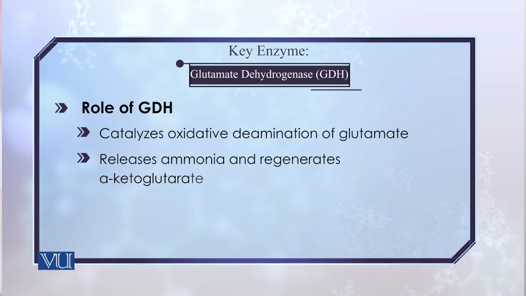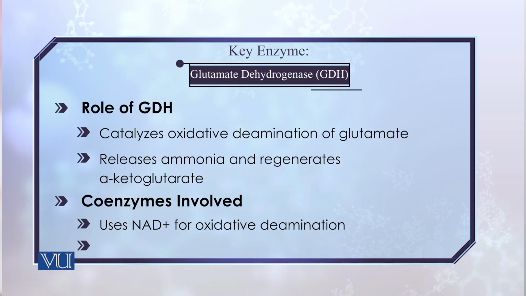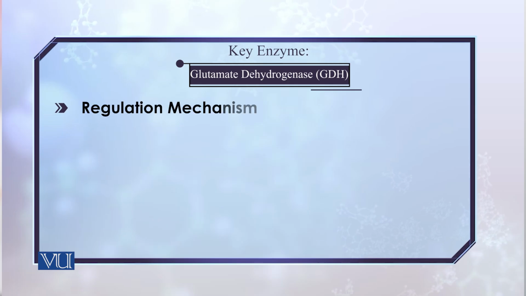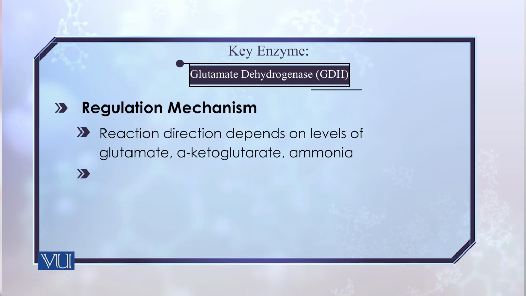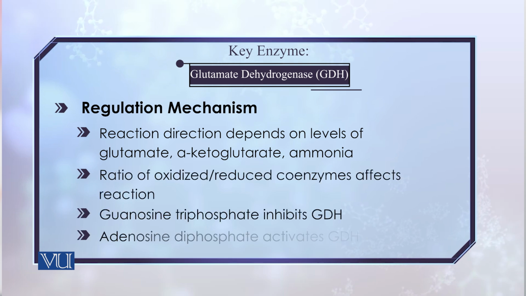reductive amination. As far as the regulation of this reaction is concerned, it is a general sort of regulation which depends upon the amount of reactants or products you have, and also on certain cofactors. For instance, if you have more glutamate, it will give rise to more deamination. If you have more ammonia, it will lead to inhibition of the deamination process, and GTP also leads to the inhibition of this enzyme, glutamate dehydrogenase, and ATP leads to the activation of